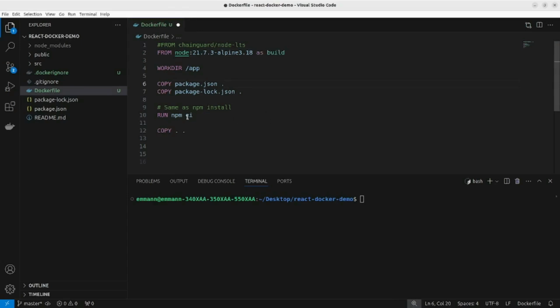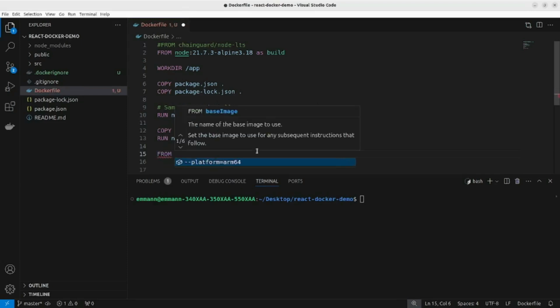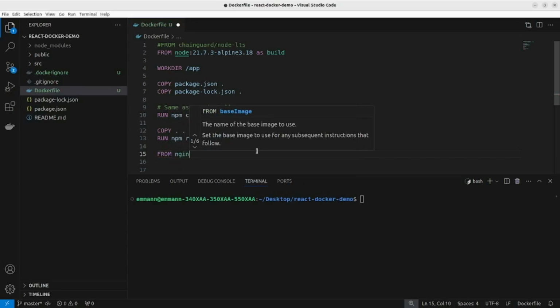We're gonna also have npm CI and copy everything, and after that we will run npm run build. This is to build static assets, HTML, because we are using Nginx. We are going to use Nginx, and we're gonna get this image from Docker,